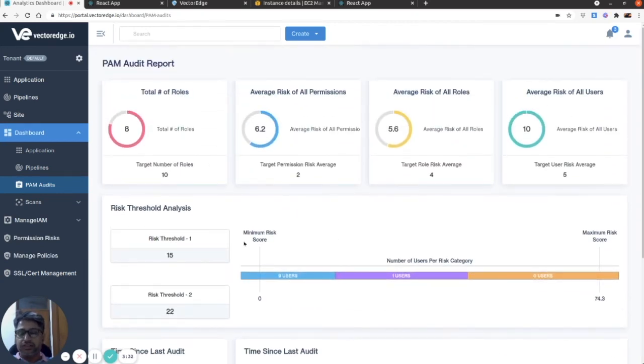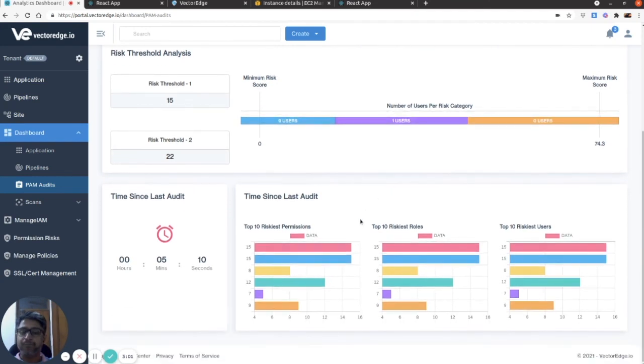Okay, so this PAM audit report is purely created on the basis of users' human behavior, or you can say users' personality traits. We feed users' personality traits and cognitive load to our AI model, and using that AI model, we create this PAM audit report.